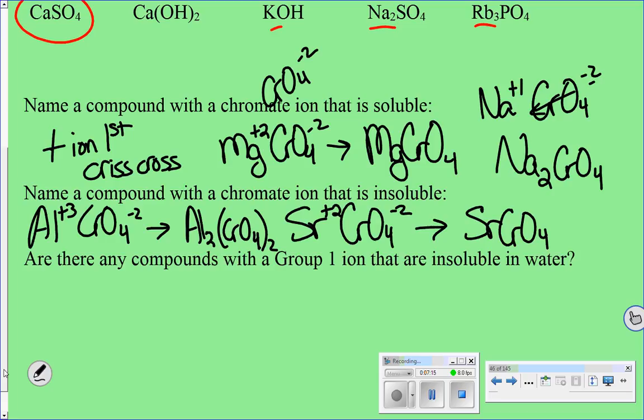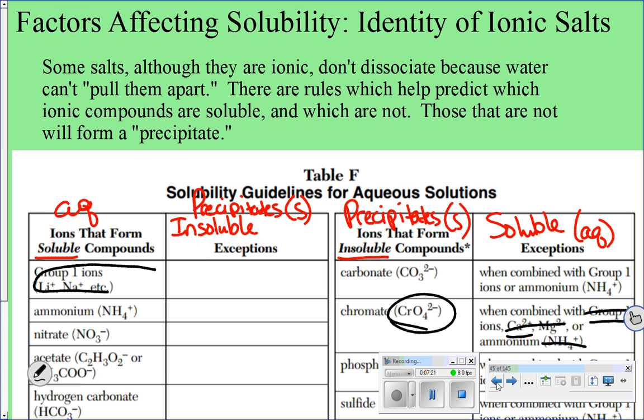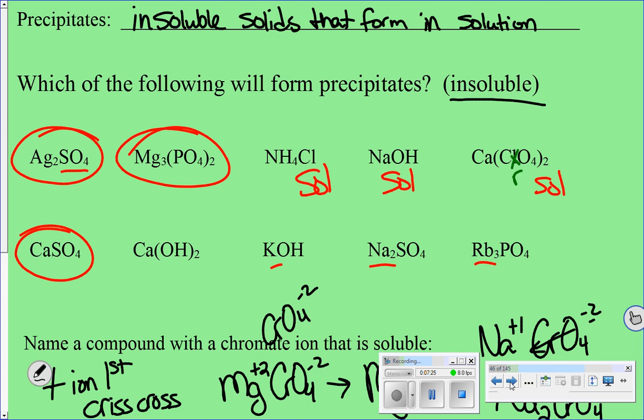Are there any compounds in group 1 that are insoluble in water? The answer to that, we don't have any exceptions to this rule. Group 1 compounds are extremely soluble. So no,